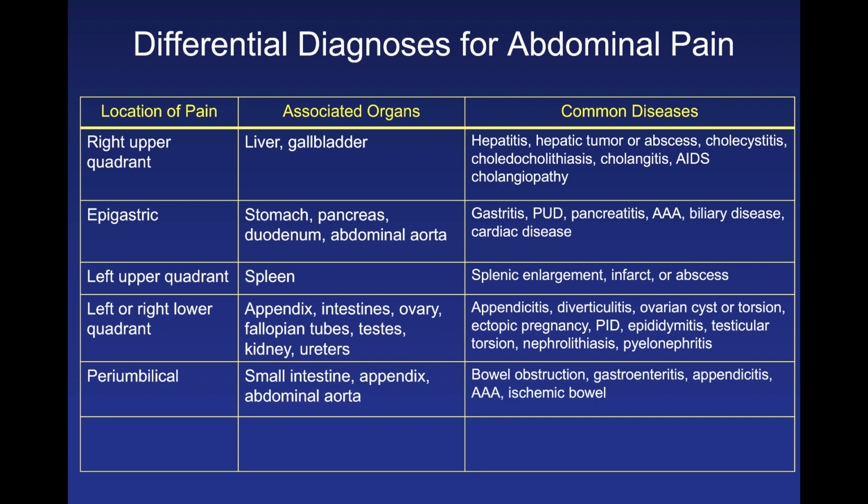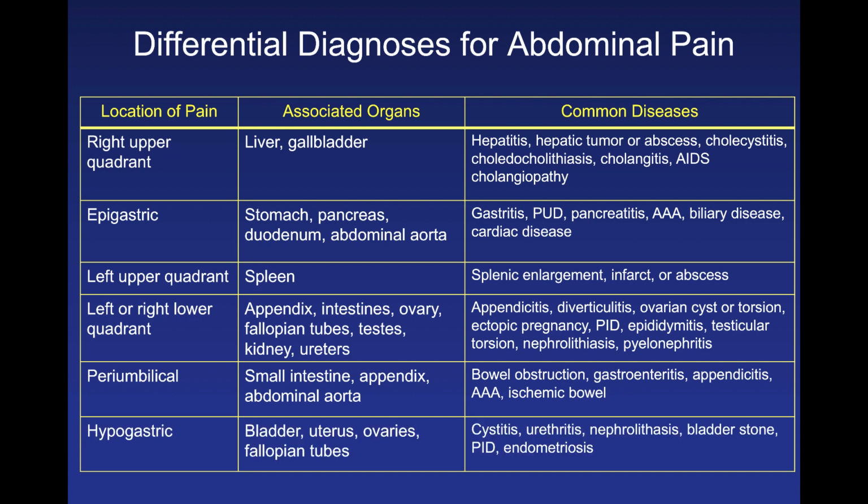Periumbilical pain is one of those interesting ones because it can refer to the small intestine, the appendix, especially when appendicitis begins, before it localizes to the parietal peritoneum and the visceral peritoneum in the right lower quadrant, and the abdominal aorta. So when you see periumbilical pain, think about bowel obstruction, think about appendicitis, and don't forget ischemic bowel